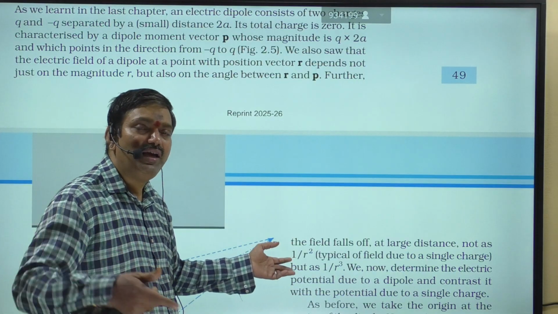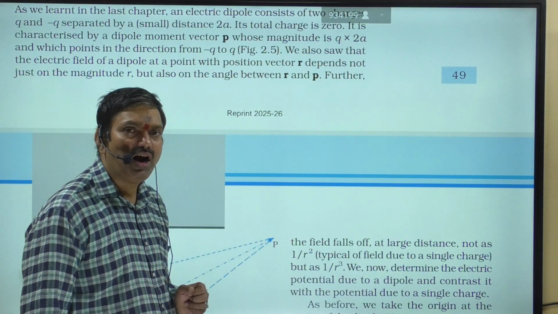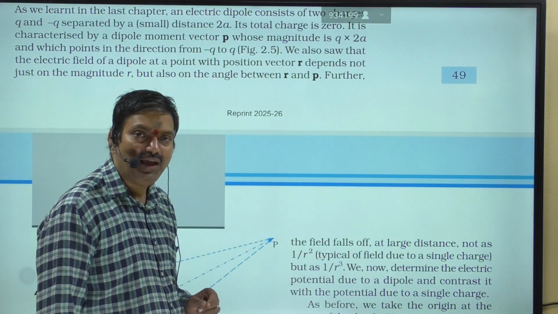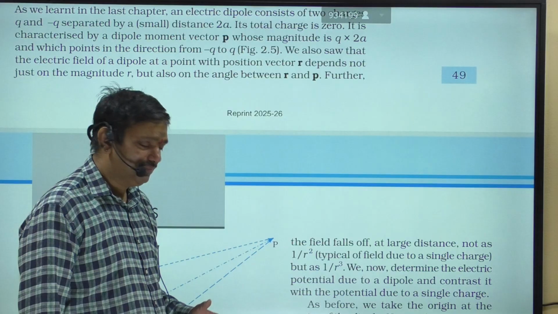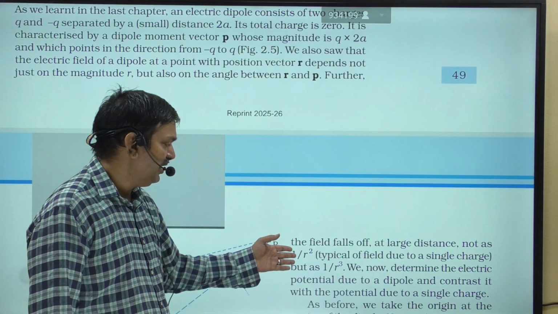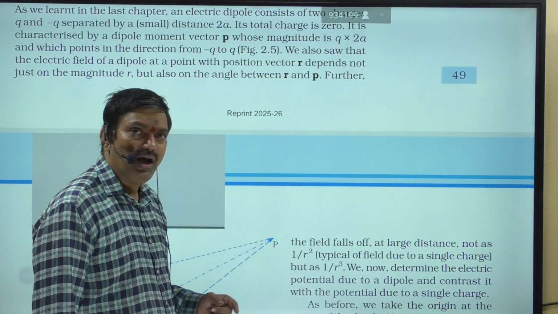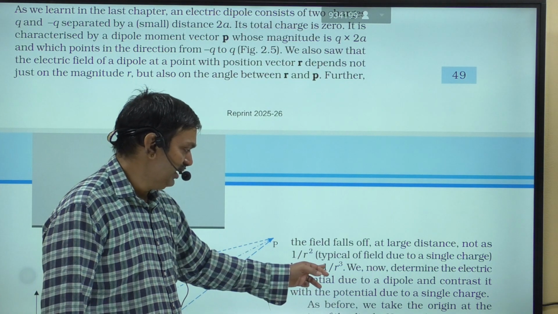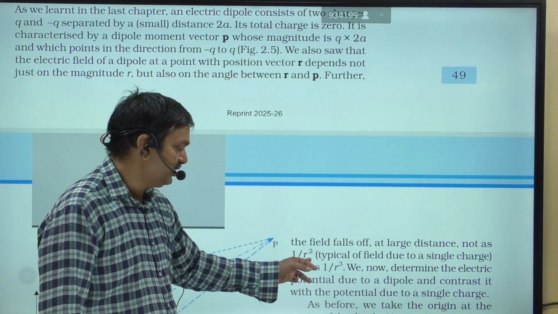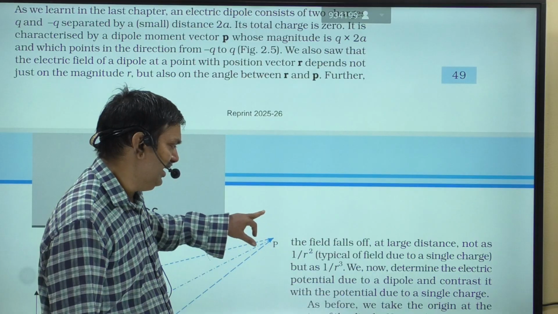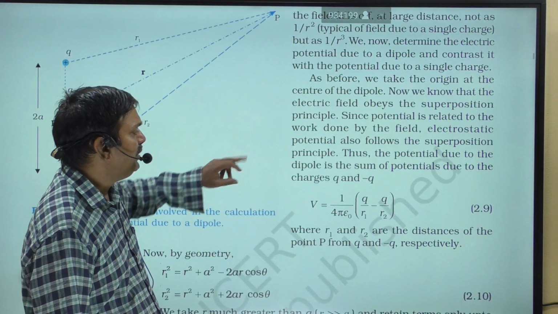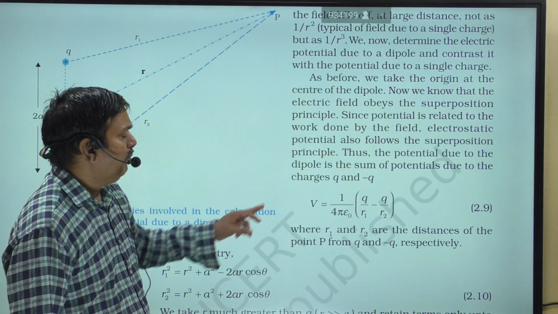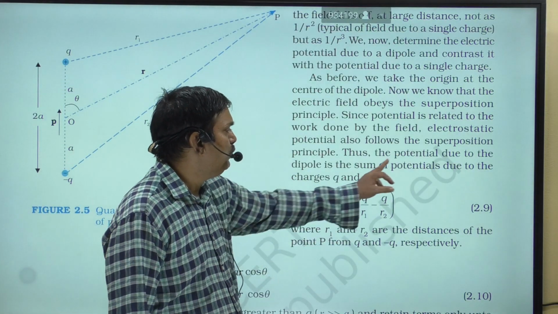If you keep on increasing the distance, the same expression will not hold good. Then it has to be taken as 1 by r cube. So in the mathematical expressions, the denominator becomes, it is not r square but it becomes r cube. I'll tell you why it is so, right? Now anyway, for the time being, as you see here, potential due to the dipole is